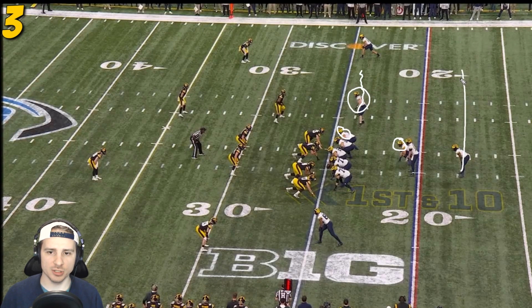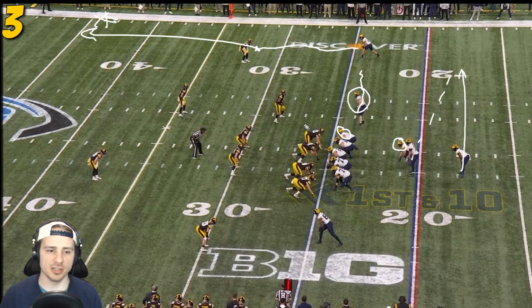You're bringing Edwards out here, pass to him, pass down the sideline to Roman Wilson. He's going to fake block here. He's just going to stutter and then head down the sideline, right? That's the goal. So there are only really three main guys you need to be concerned about that can break out this play. And that's going to be this corner or this outside linebacker, I believe, who's on the tight end,